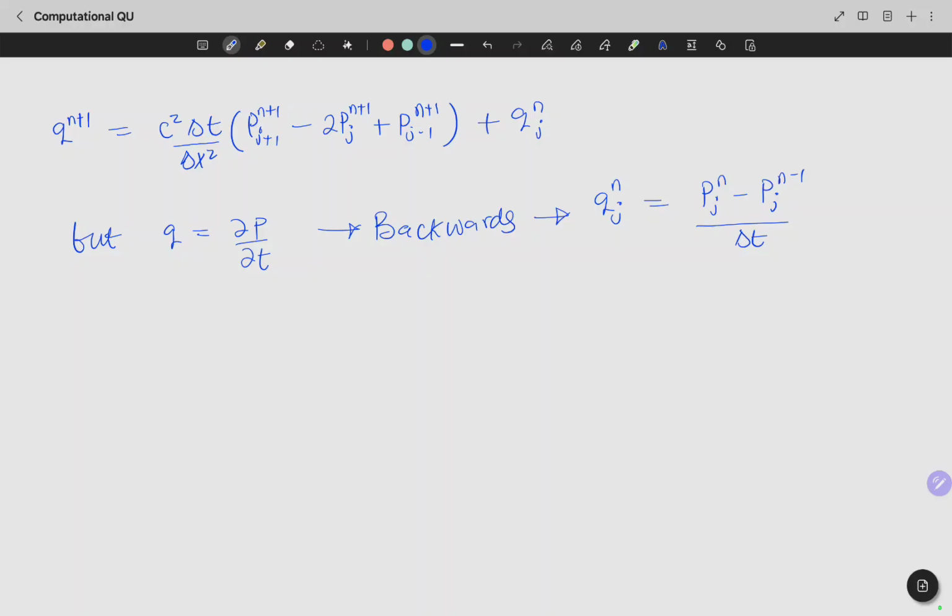And like we did for the top one, we can say let n equals n plus 1 here, and then